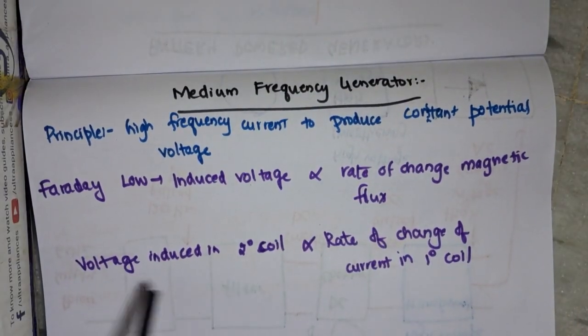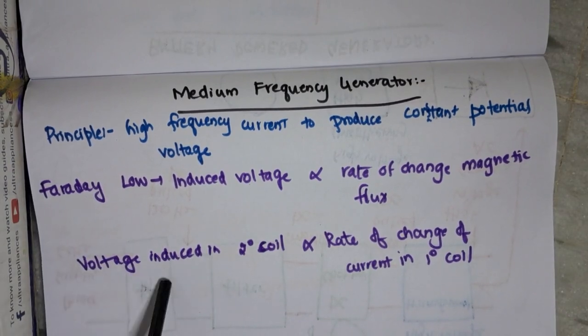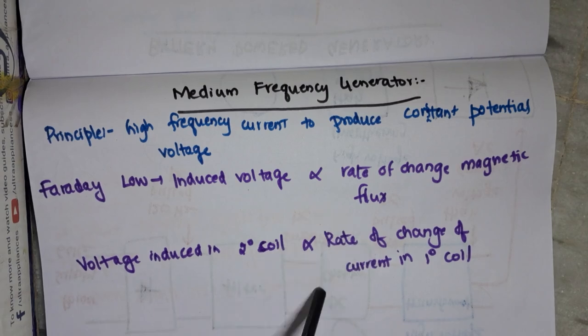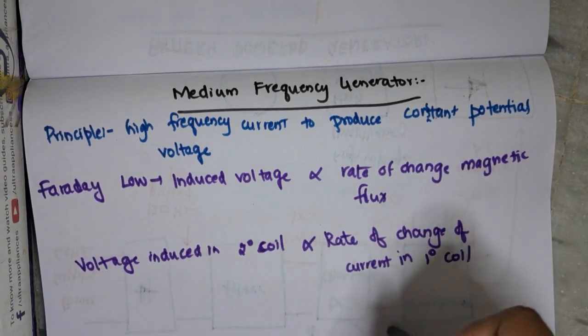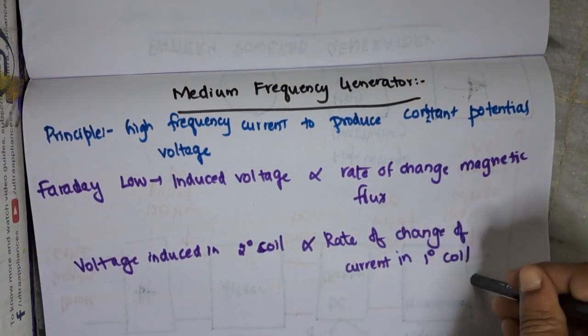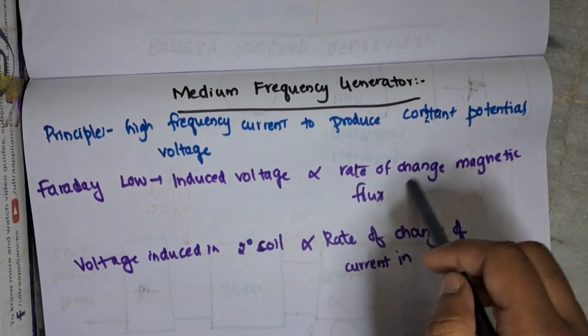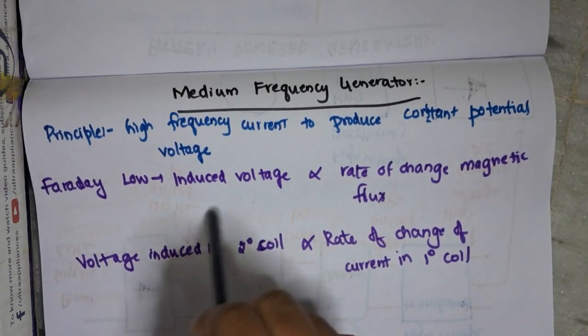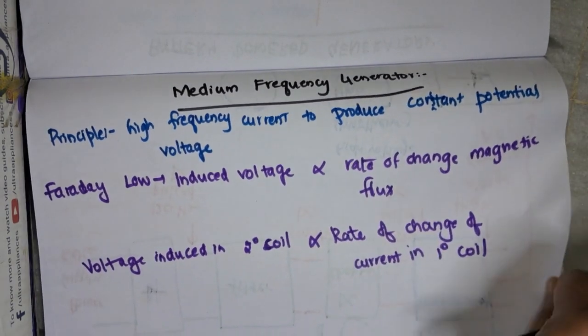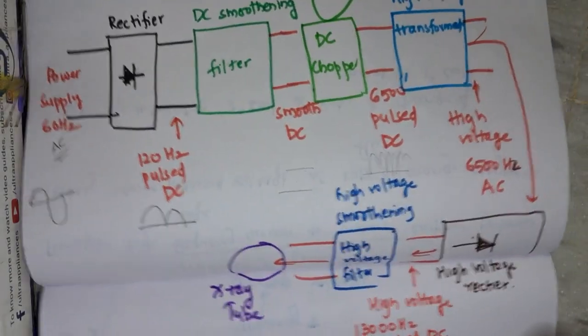Faraday's law states that voltage induced in the secondary coil is directly proportional to the rate of change of current in the primary coil. That means as you increase the current in the primary coil, the voltage will be increased. So with the help of